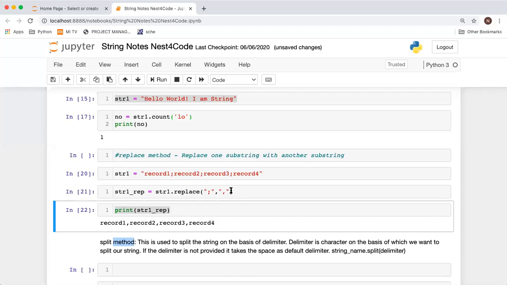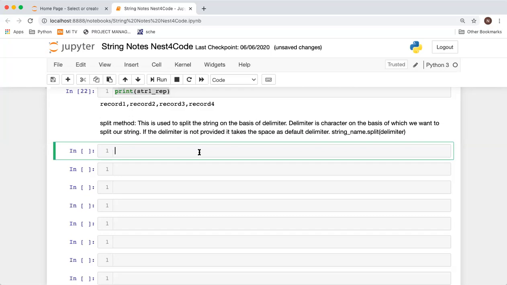By default it is a space, but we can split the string based on other delimiters also. We may be reading data from some CSV file, or we want multiple inputs from the user. So we'll see a lot of cases where we'll use the split method.